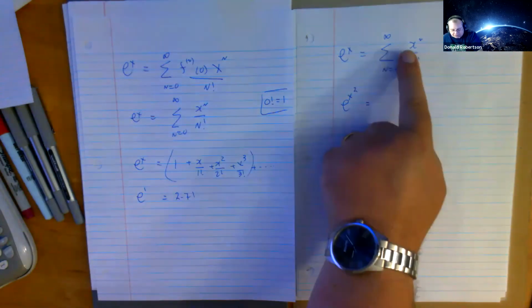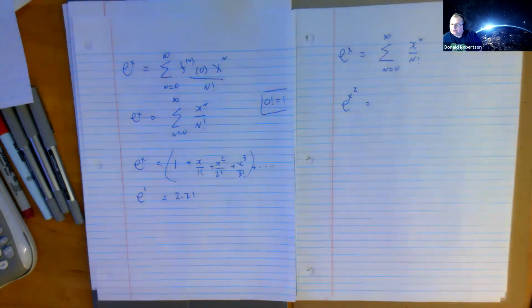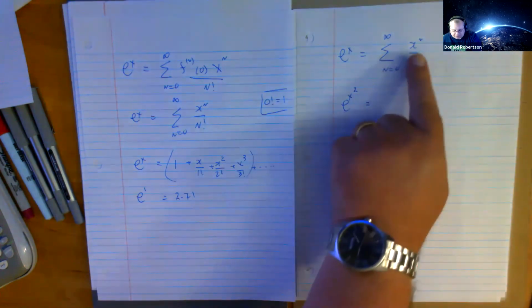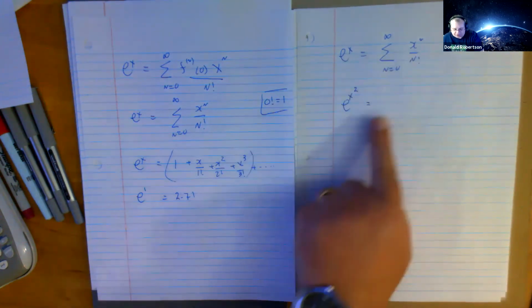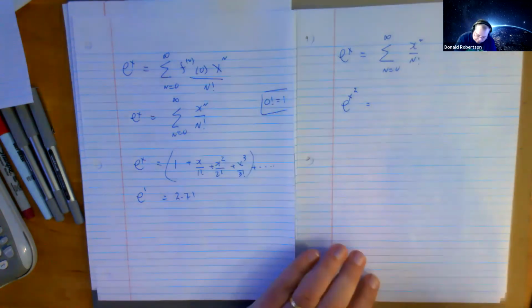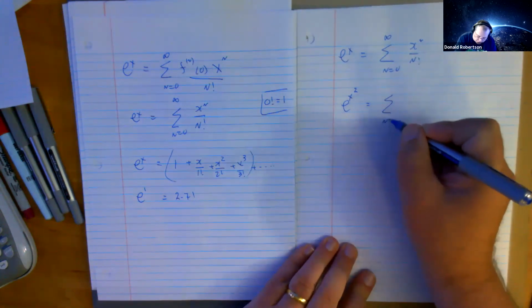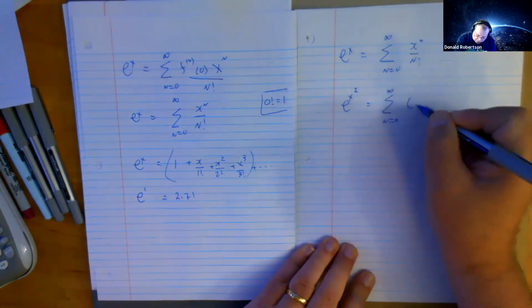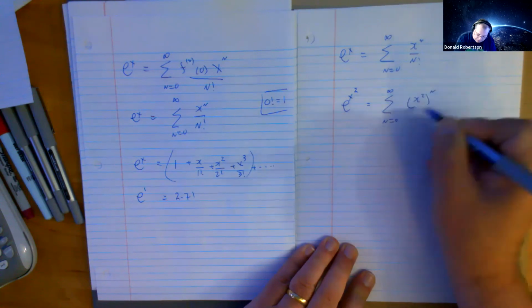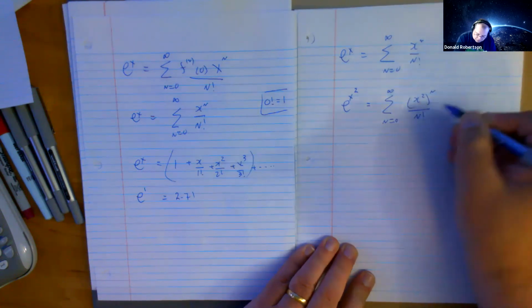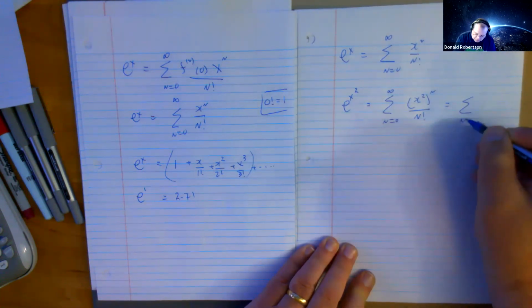If I know this, can't I get that? And the key here is substitution. Won't I replace this x with x squared? And so the sum from n equals 0 to infinity, x squared to the n over n factorial. I now have